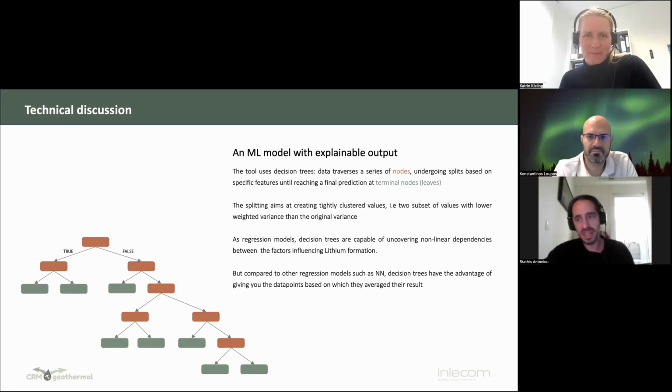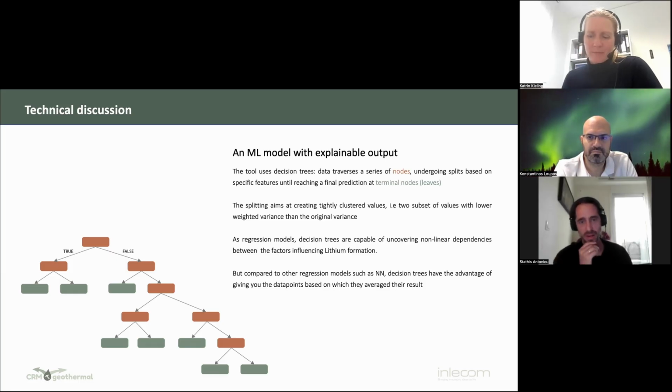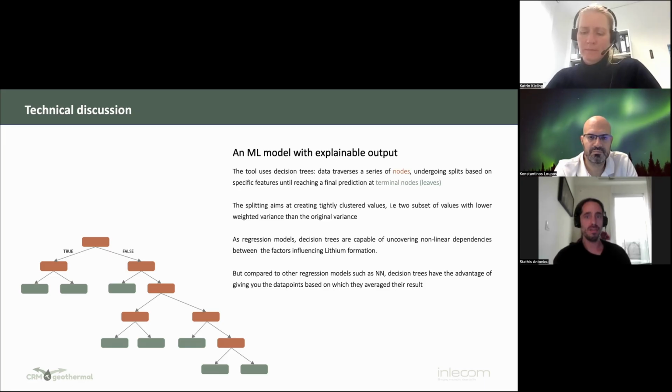So now some technical discussion going back to the machine learning side. We basically have 2 explainable dimensions, which I want to dive into one by one. The first is that the chosen model is explainable by itself. What I mean is that we specifically chose a decision tree for this tool.